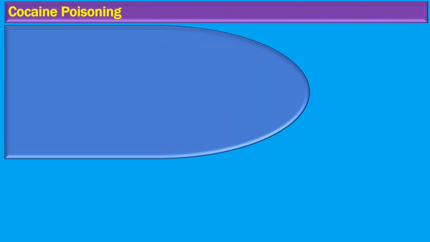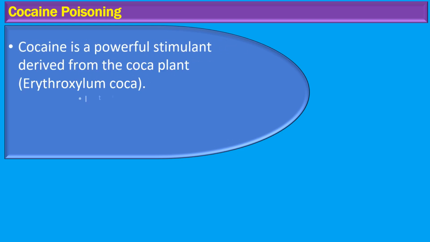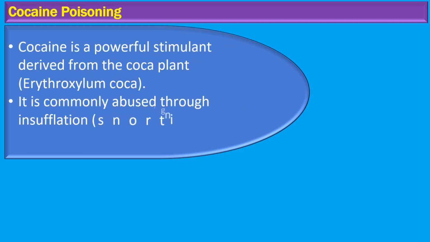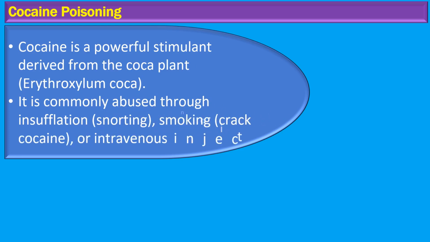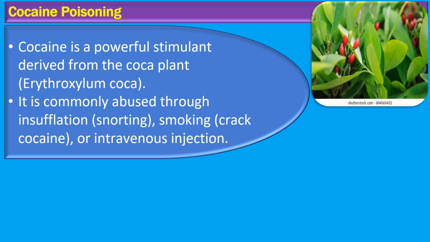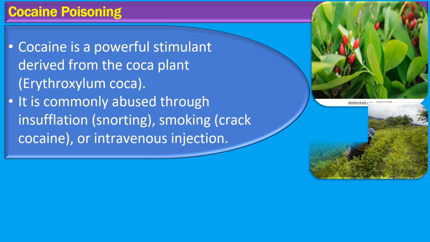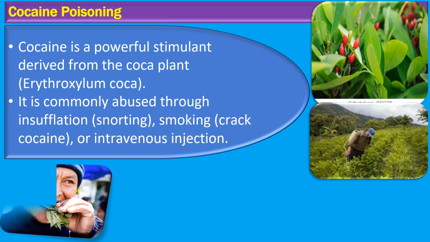As we delve further into our exploration of acute cocaine poisoning, it's crucial to understand the substance at the heart of this matter. Cocaine is often hailed as the most powerful natural stimulant known to us. This potent substance is derived from the leaves of the coca plant, known scientifically as Erythroxylum coca, a plant native to the Andean highlands of South America. The indigenous people of this region have long utilized coca leaves, either by chewing them or brewing them into a tea. This practice serves as a means of refreshment and a way to alleviate fatigue.